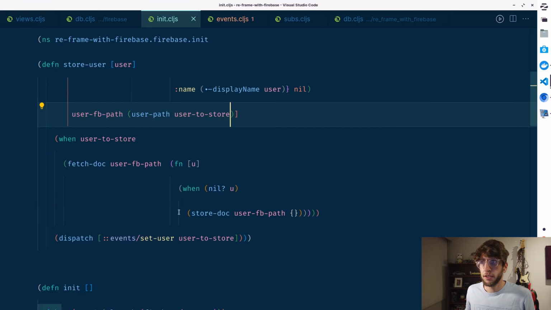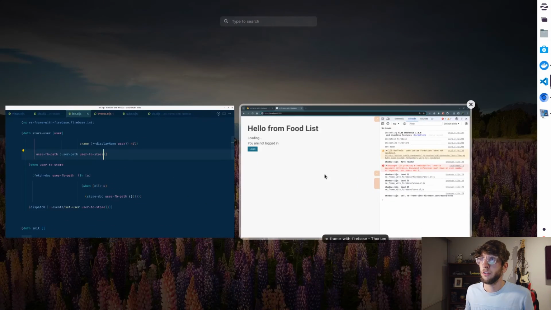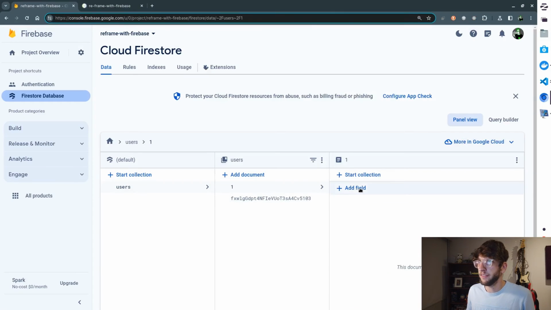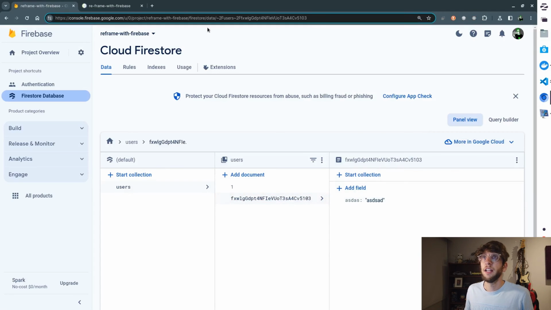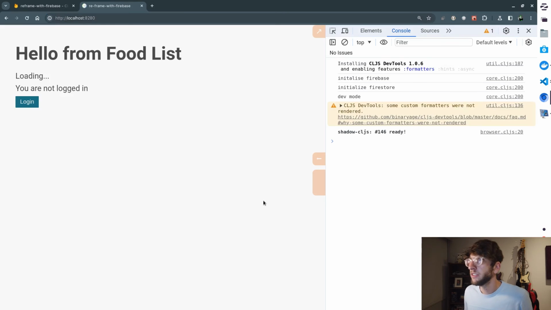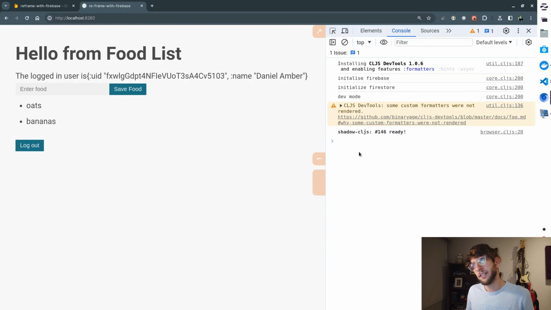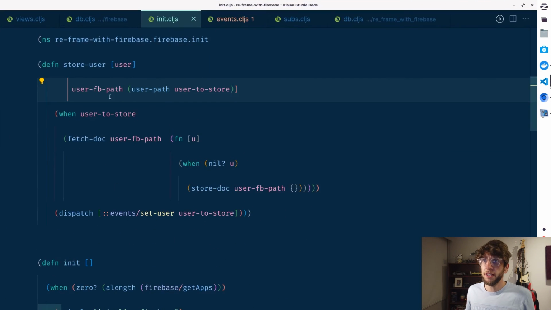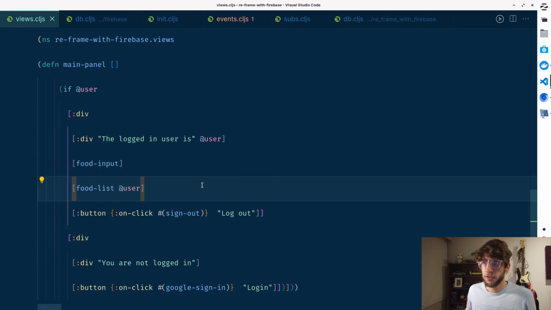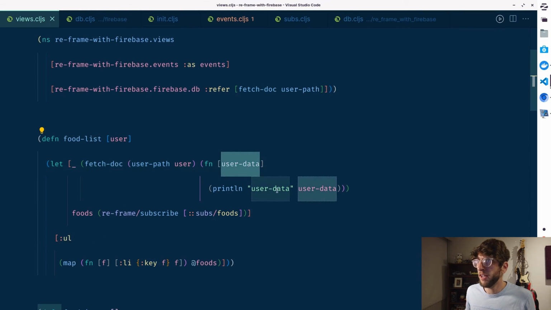So, cool, let's check this out. I'm gonna add some data here. Let's refresh our application, and we should still see that data here. Fetching, yeah, it doesn't override it. Cool. So now what we can do is in our views, when we fetch a doc, we'll have our user